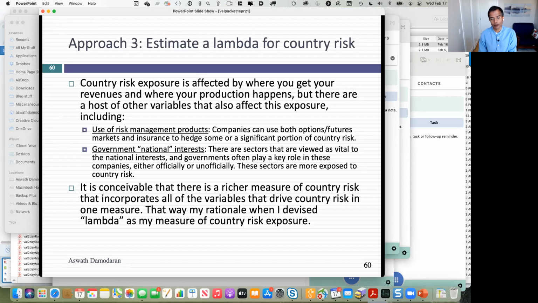Consulting firms live in reflected glory and reflected pain, right? So if you ask me, what's a beta for a Deloitte or a KPMG or any large service-oriented firm, your risk doesn't come from being in the consulting business. It comes from how risky your clients are. So if you're a specialized consulting firm that has only banks as clients, guess what? I'm going to use the beta for banks for you. But basically, I think the business you're in and the countries you're in, you have to think about where your risk comes from. But I would be careful about not getting too far down this rabbit hole because you might never get out. Hakan?